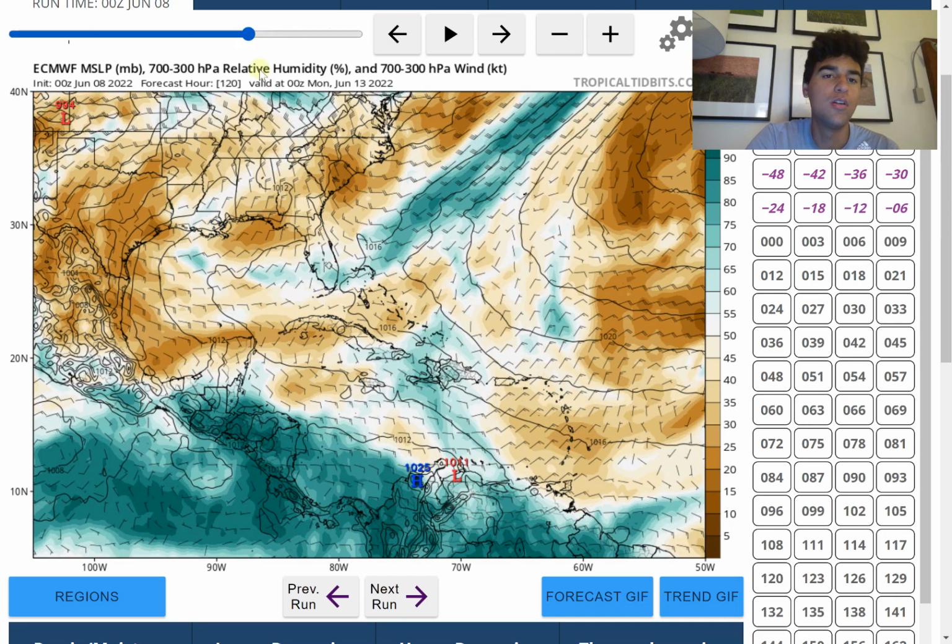And what the computer models won't show you is the amount of Saharan dust, because there's expected to be an influx of Saharan dust moving into the Caribbean over the next week, and that certainly could inhibit its chances, because what Saharan dust does is create a temperature inversion in the mid-levels of the atmosphere. Since the Saharan dust is warmer than the air mass along the sea surface,